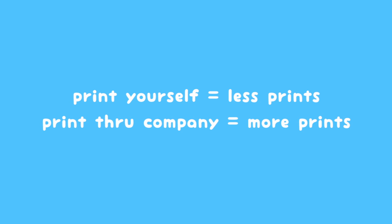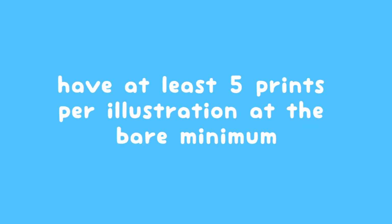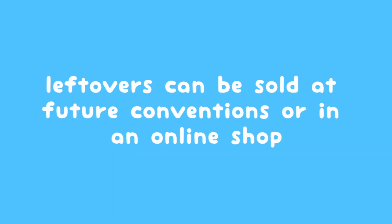But if you're getting them printed through a company, I would recommend getting them in bulk because that usually ends up being cheaper in the long run. I would say at the bare minimum, I would keep in stock 5 prints per illustration, regardless of the size of the convention. But if you are going to a bigger convention, you would definitely need to stock a bit more than that. You can always sell the leftovers